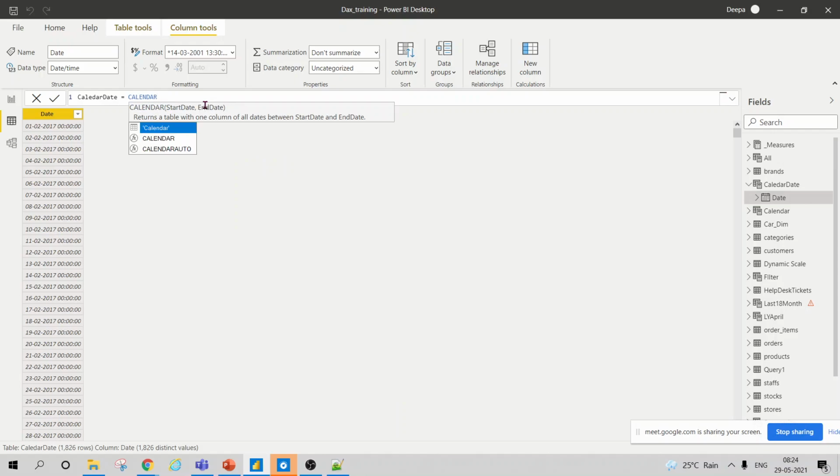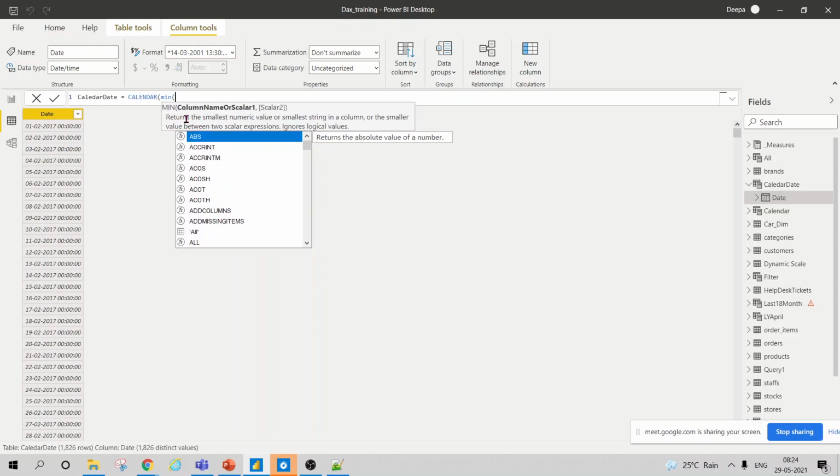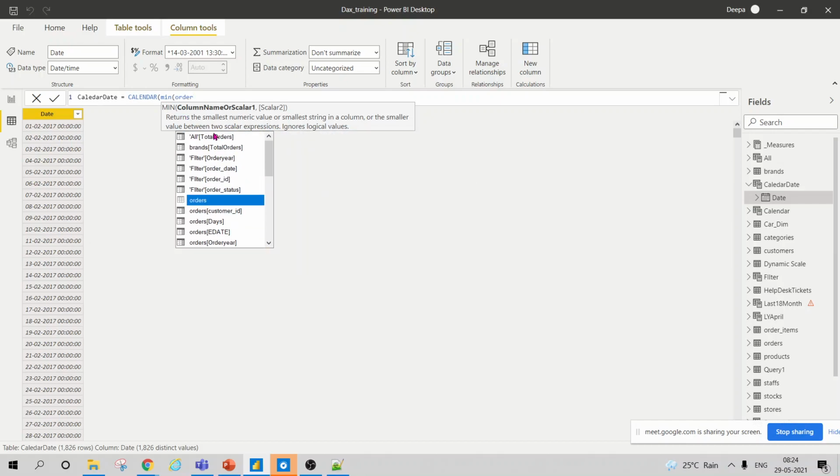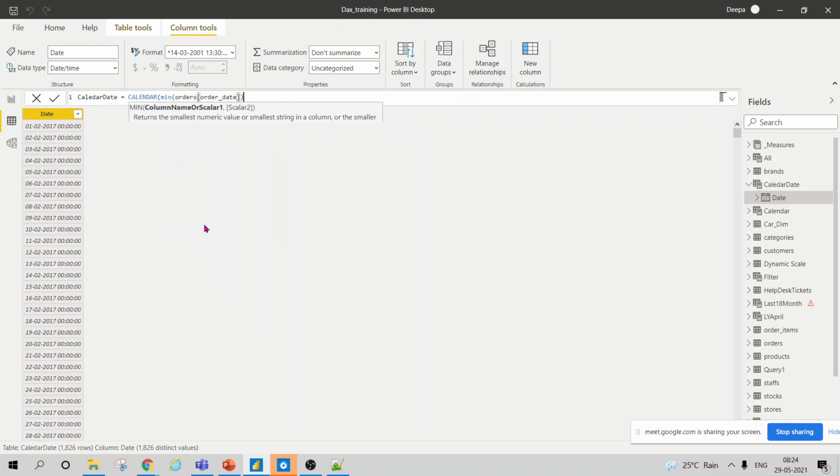So in that case, we can also take the minimum of the order date. Let me just take CALENDAR. It will ask for the start date. So the start date could be the MIN of. So what does MIN return? MIN returns the smallest numerical value or the smallest string, whichever is in the value. So I will go for the minimum of my order date. So this is my MIN of the order date.